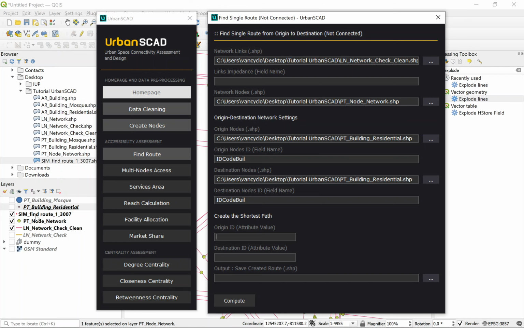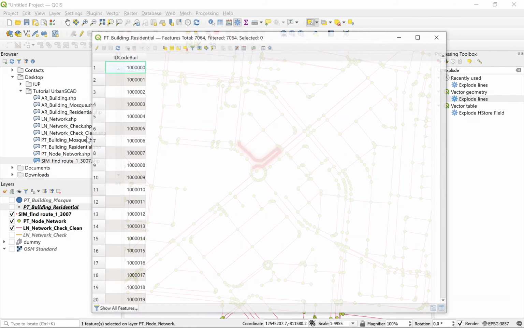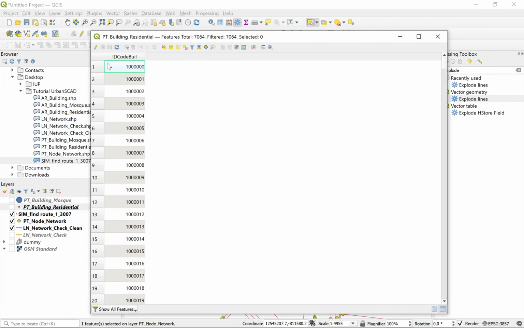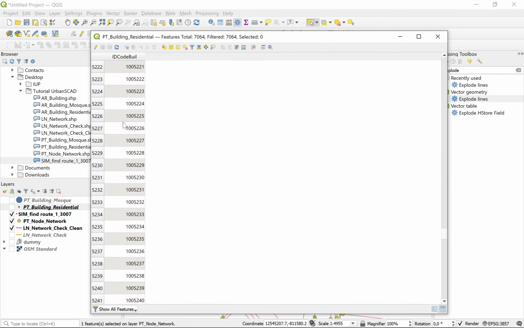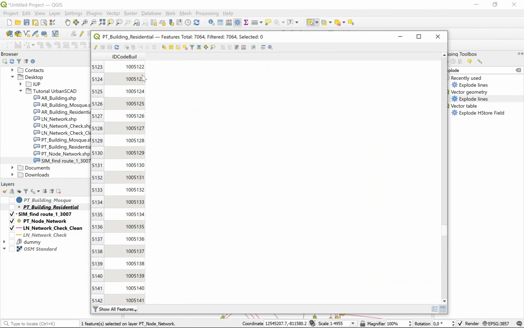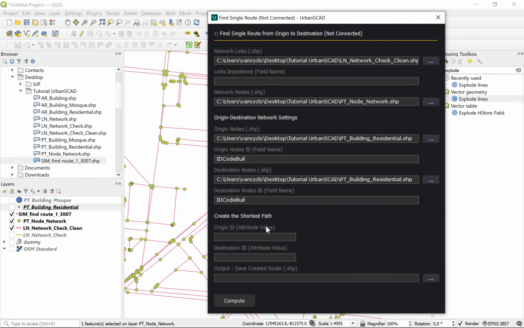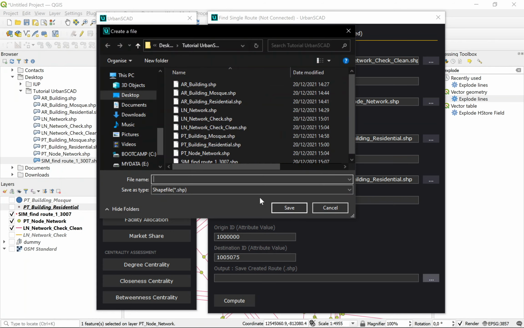Okay, for the origin ID, for example, from building number 1 million to building number 1 million 75. Okay, here is the data.